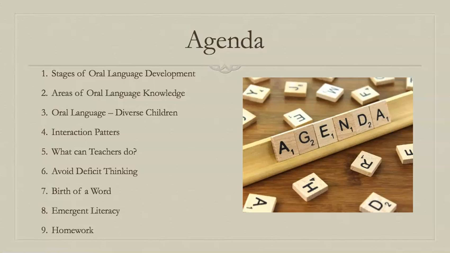We're going to look at oral language from a diverse child's perspective and highlight some things to notice in regards to diverse children. We're going to look at interaction patterns, and then we're going to focus on some of the things that you can do as teachers in your classrooms. We're going to highlight avoiding the deficit thinking model in terms of language development, and then I'm going to recommend a video entitled Birth of a Word, which is pretty cool to watch, and highlight some aspects of emergent literacy